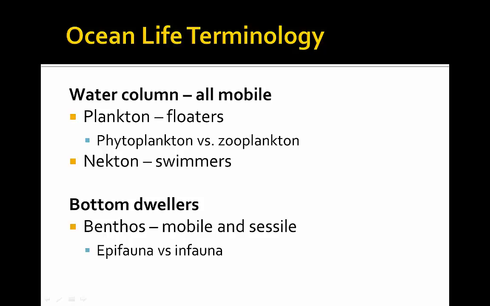Instead of showing photos of the forms of ocean organisms by lifestyle habits, I think it is easier in this case to just create a list. The major divisions are where an organism lives, whether it moves, and how it moves. All organisms in the water column are mobile, meaning they can move. They are separated by how they move. Do they float along in the currents, or are they active swimmers? The floating plankton consists of the algae, or phytoplankton, and the floating animals, or zooplankton. These groups of organisms make up the bulk of the planet's biomass.